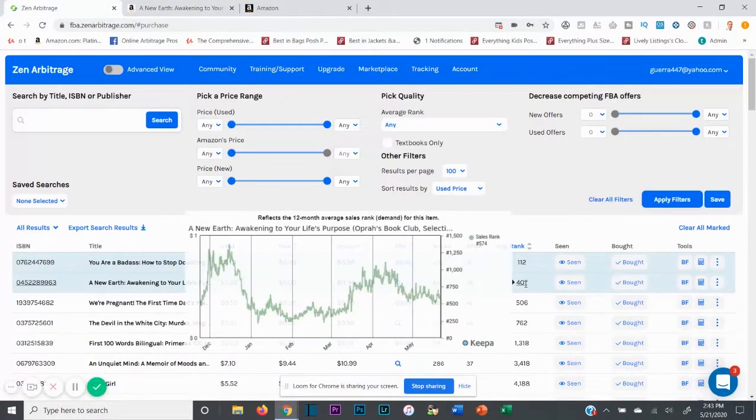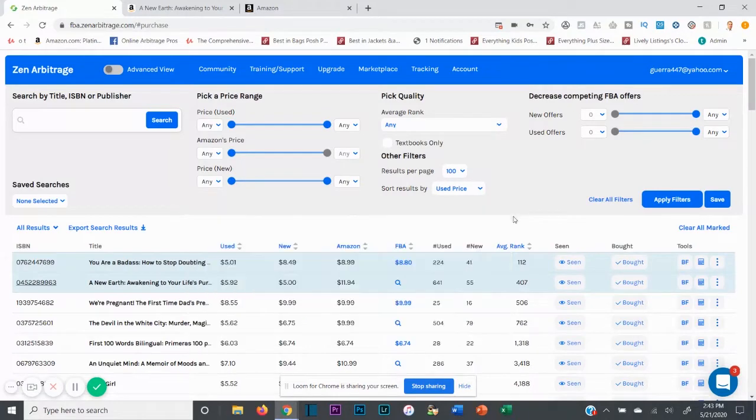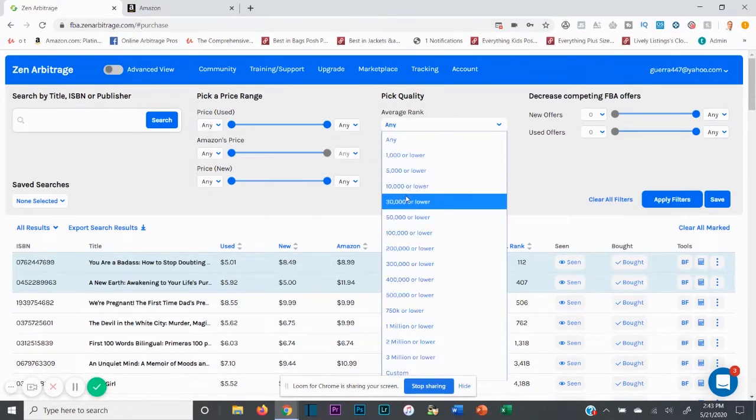So the average rank is 407 because it fluctuates, but that's just giving you a best indicator of the average rank. So make sure that you do look at that as well, or you can just take all the guesswork out of it by using, like I said, Jungle Scout. So I like to start really low, or not necessarily really low, like 5,000 or lower or 10,000 or lower,